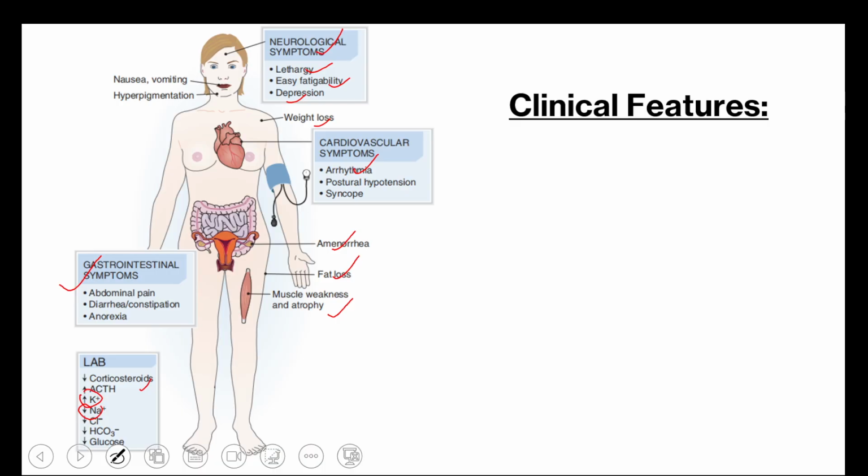So sodium retention will be compromised, and if sodium retention is compromised, then fluid retention is also compromised,